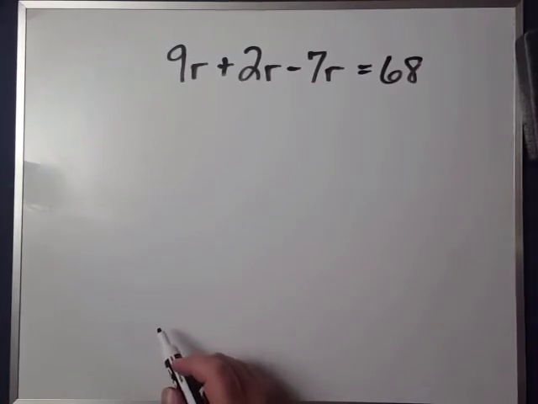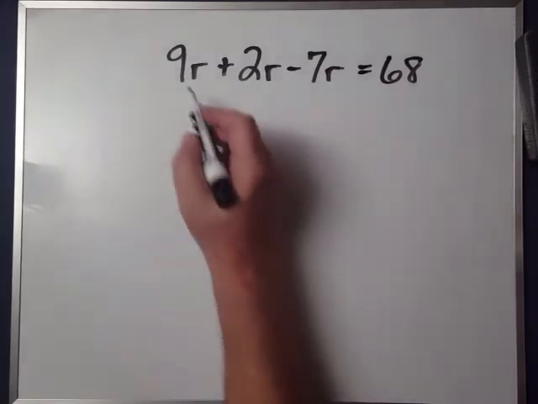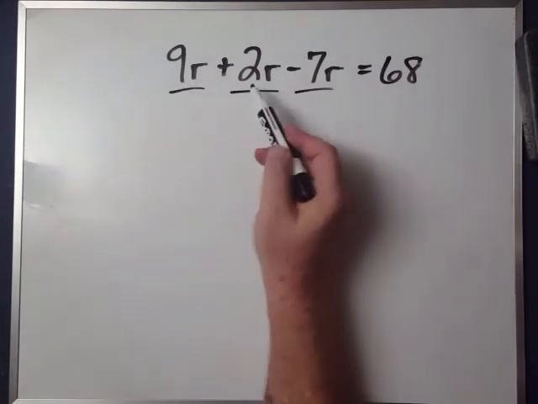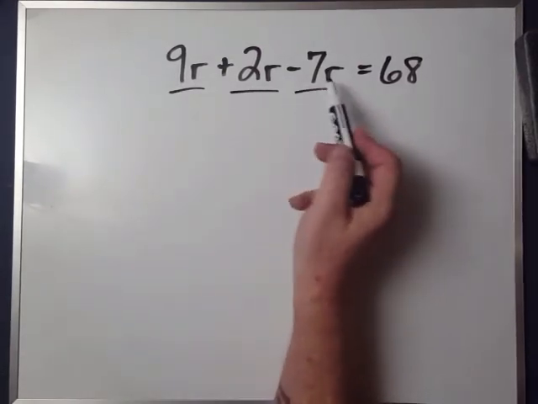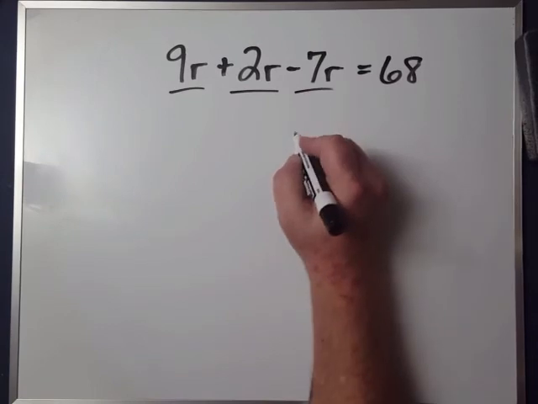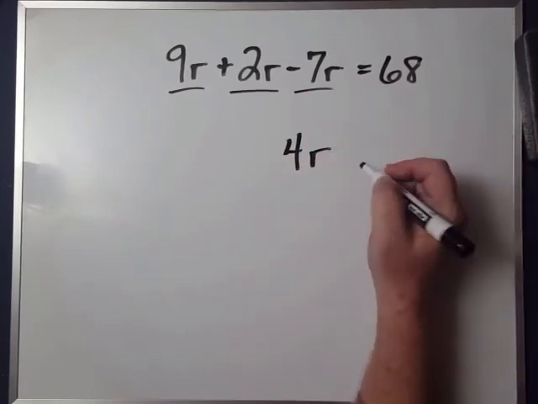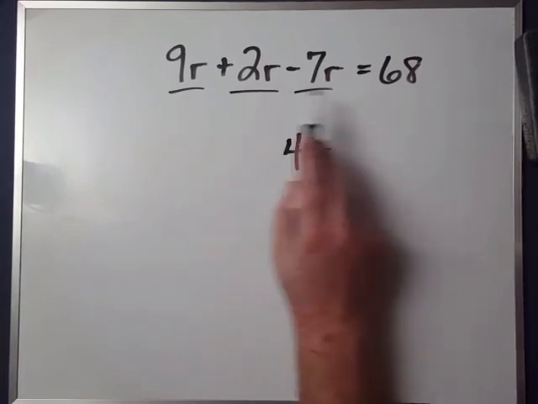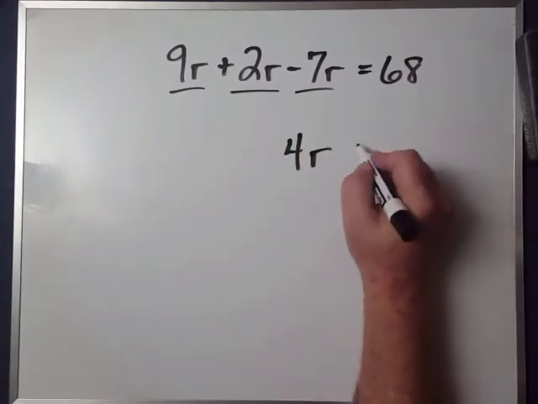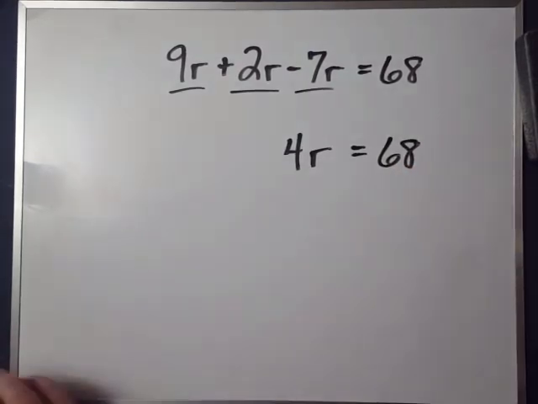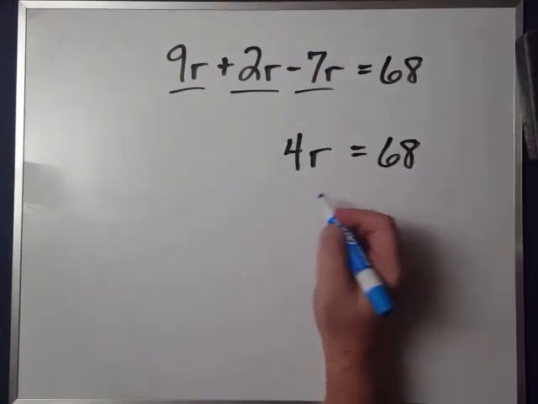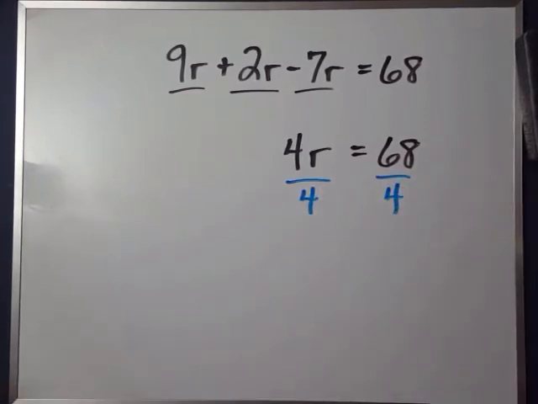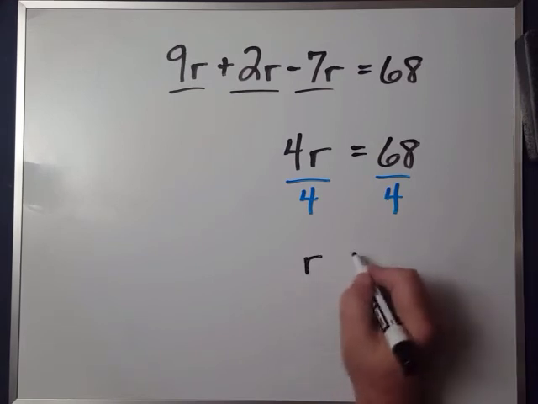On the left-hand side, we need to simplify. All three of these are like terms. And so we have 9 of them plus 2 of them is 11. Minus 7 is 4. 4 what? 4r. When we combine like terms, 9r plus 2r is 11r. Minus 7r is 4r. We know now just divide both sides by positive 4, the coefficient on our variable. And that's going to leave me r equals